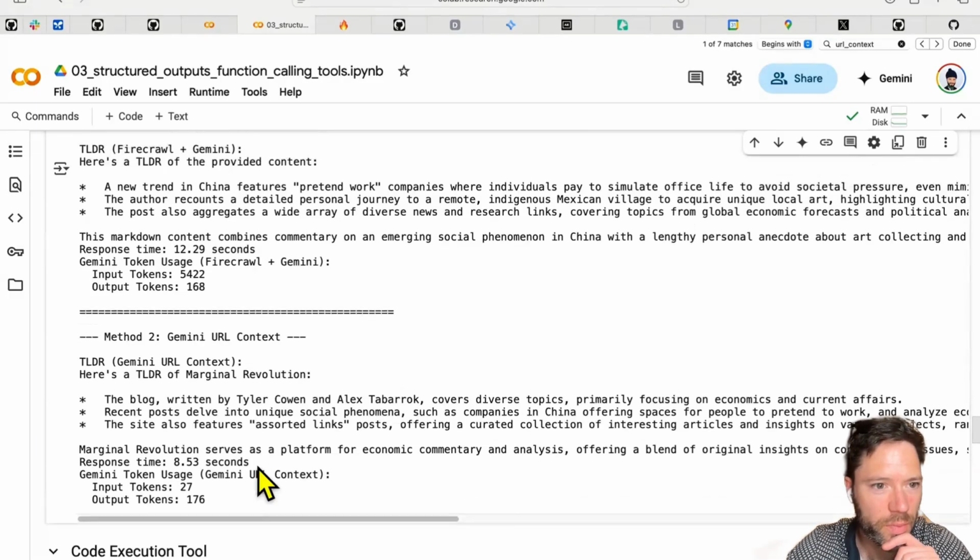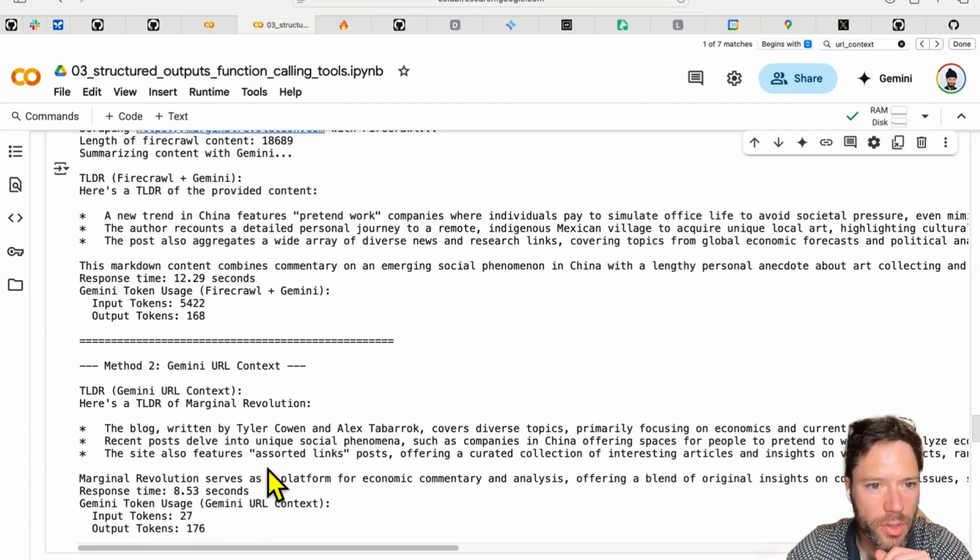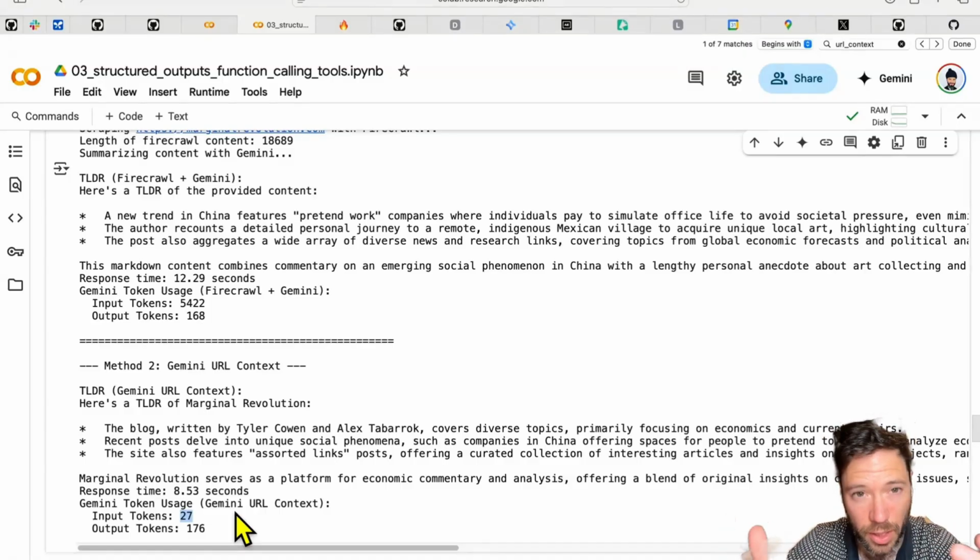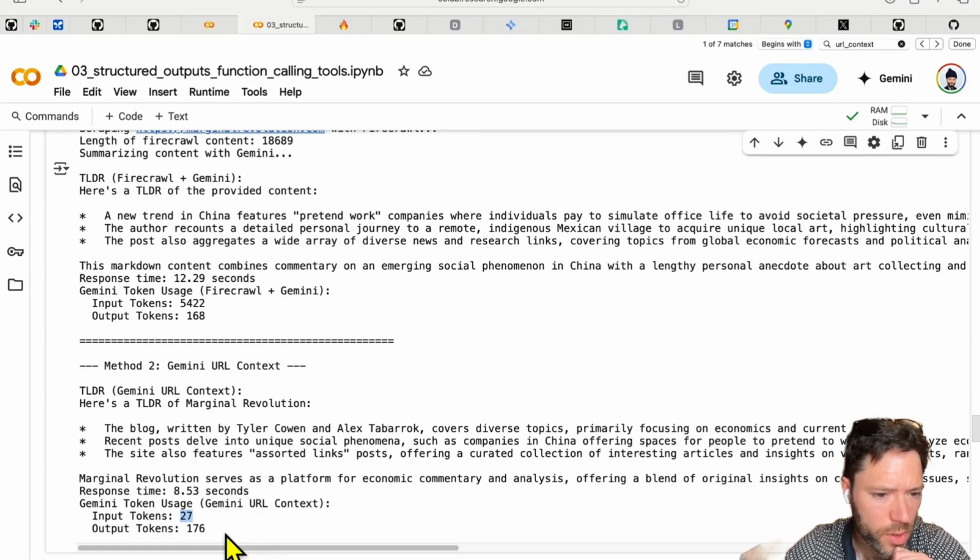And what's the conclusion? Well, they're probably pretty good summaries, TLDRs in both cases. The input tokens we don't actually know. So Gemini is not exposing how many tokens were actually used in the tool in the background, because this tool is currently free, but limited, I think, to 1,500 calls or something. I'm not sure if that's per day, but when it goes paid, I assume they'll show how many tokens are used up for the URL context part.